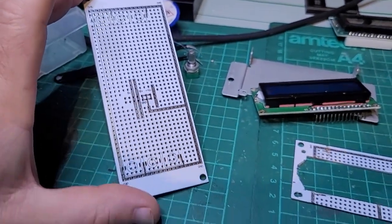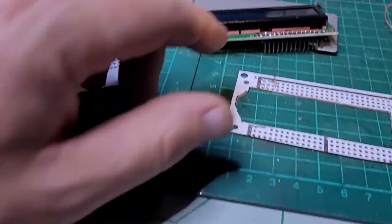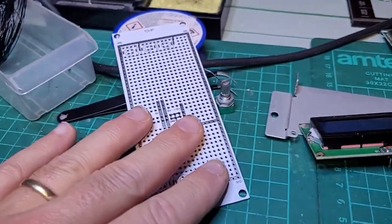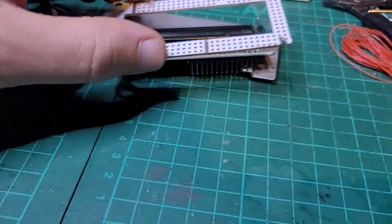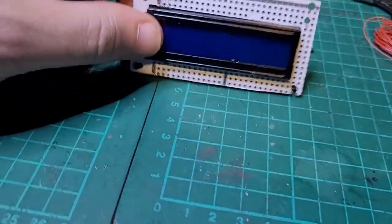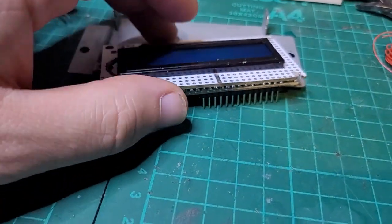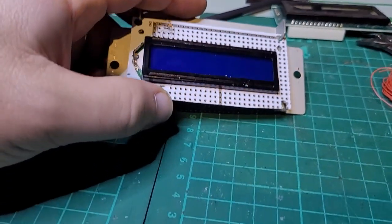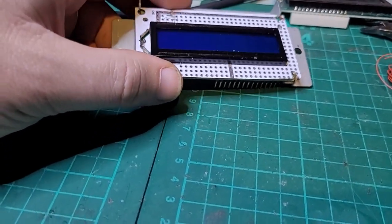Anyway, I took one of my Eurorack prototyping PCBs, just cut it to shape here. This is why these are very handy for all sorts of purposes. So it would actually slot right in there. It doesn't need to be very precise, but more importantly it should align with the holes here, so I can mount this on this little